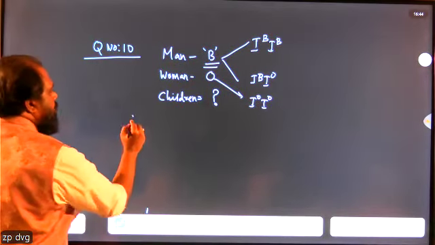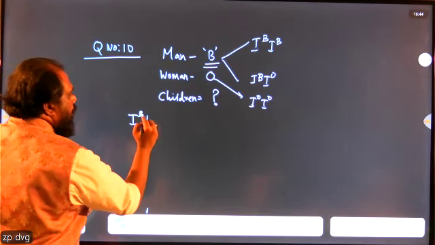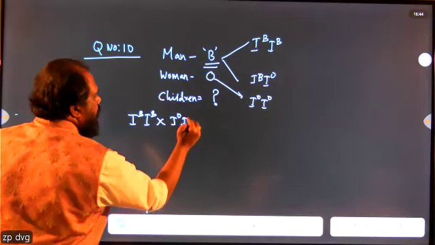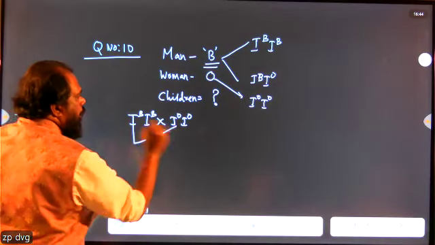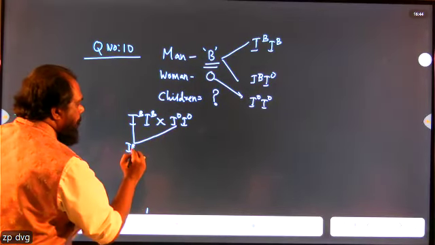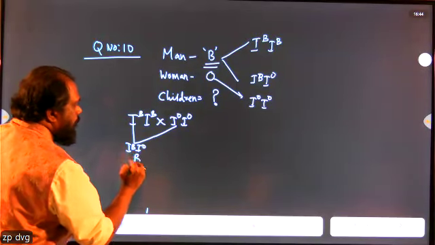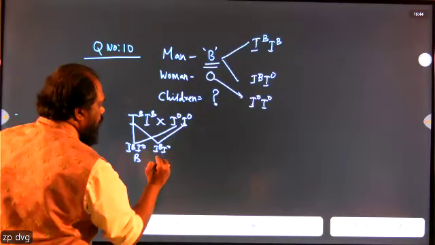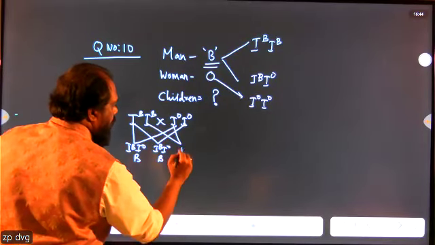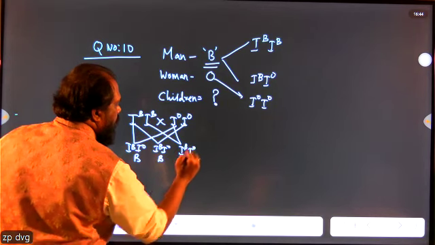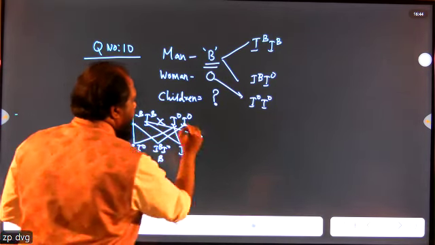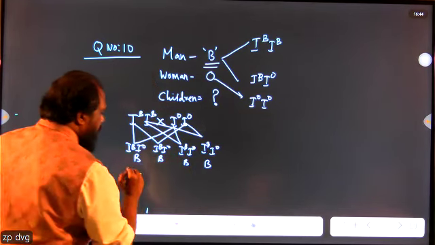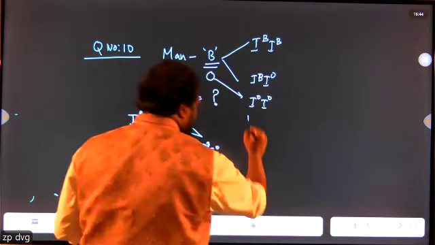Okay, now consider if the man is homozygous, IBIB. So look at that. What will be IBIO, B; IBIO, B; IBIO, B; IBIO, B. Either the child will have only B blood group or